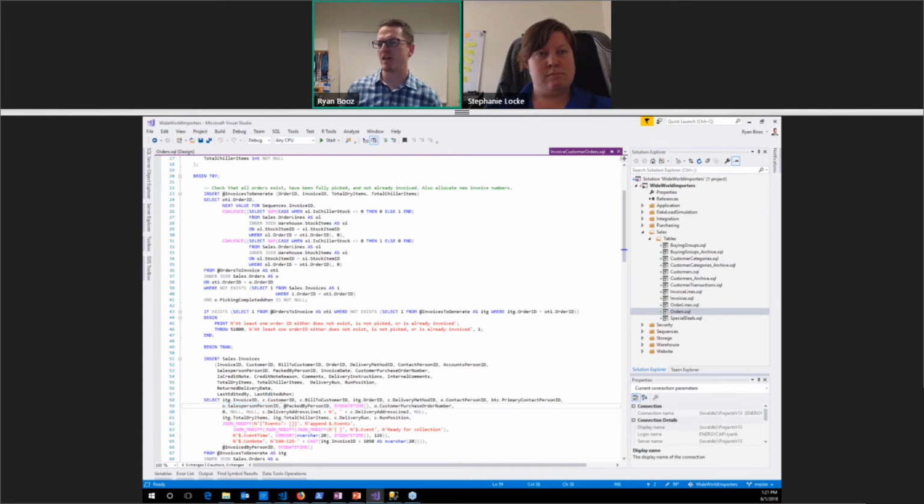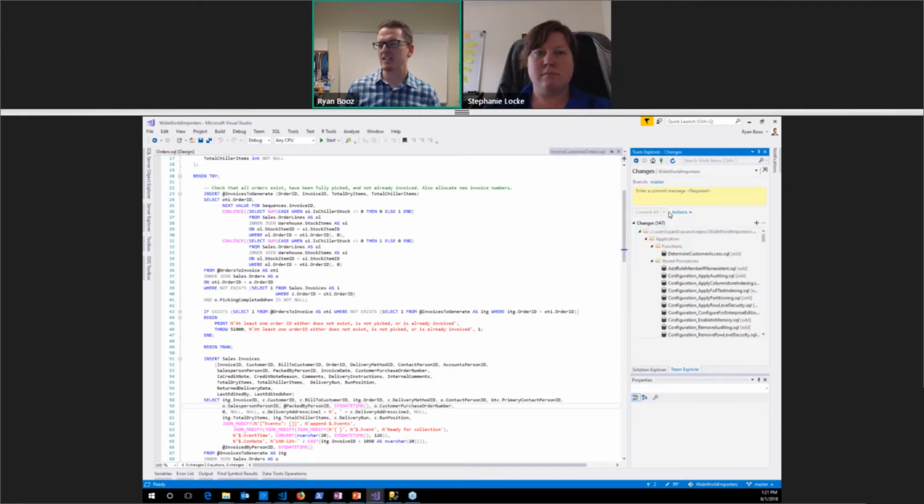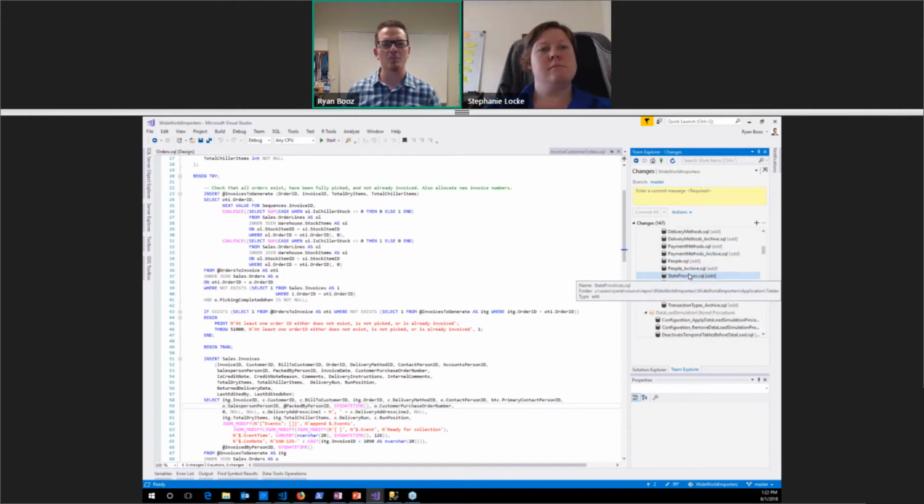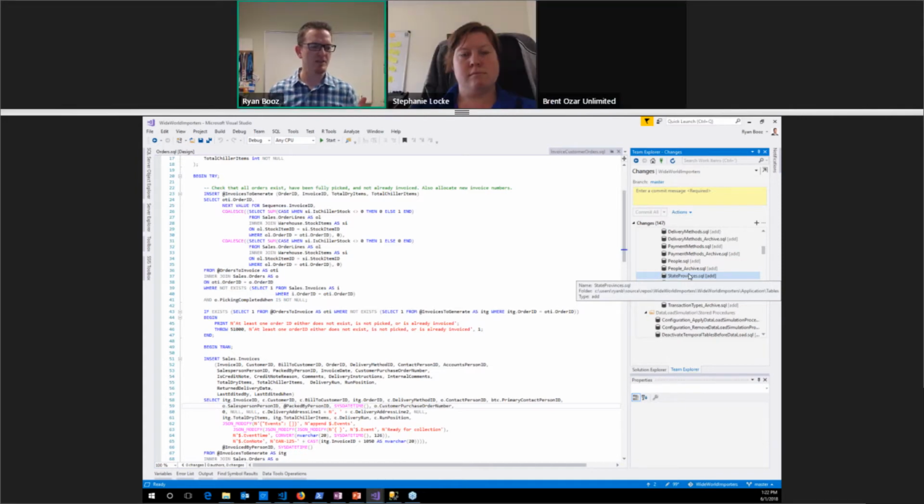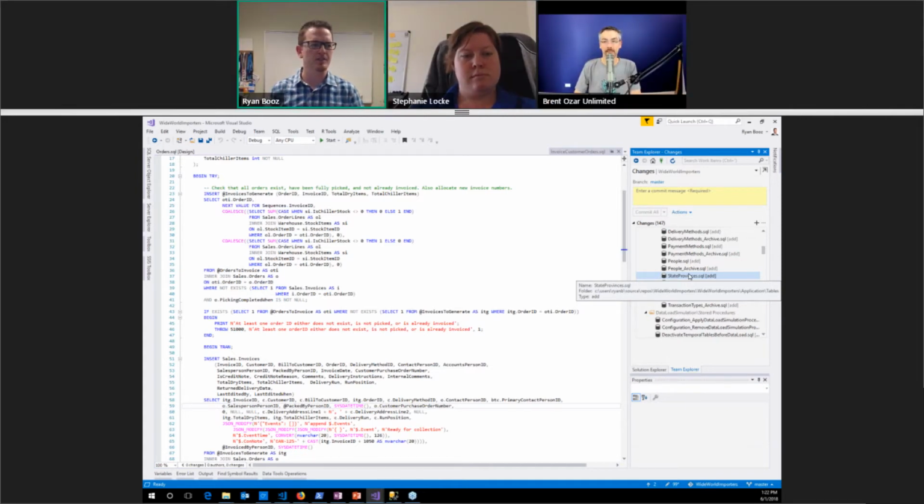So that's the basics. Anyone can do this. You can import any SQL Server database. And the last thing I will show is, because I told it to create a repository, it actually sees all of those repository changes. It's made all those files, and I can now commit that to a repository and start this whole process. So, all right. So yeah, if anyone has any questions, let me know, and then otherwise we'll start the project.